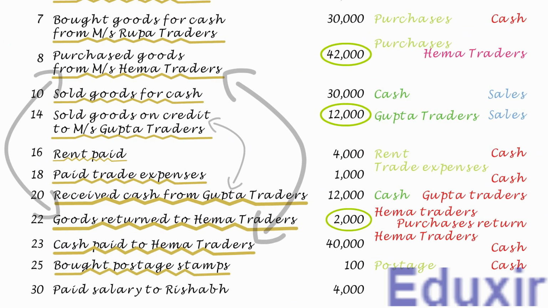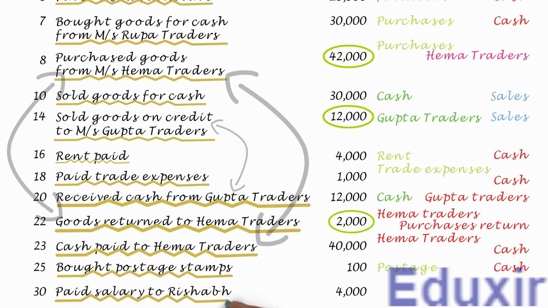In this transaction, the business has paid 4000 rupees of salary. One thing to note here is that, unless otherwise specified, all the payments are usually considered to be done in cash. So, this transaction can be restated as paid salary to Rishabh in cash. One more thing. Usually, we maintain only one common salary account for all the salaries paid. So, even though it is specified that the business has paid salary to Rishabh, we will record this as a common salary account and not Rishabh salary account.